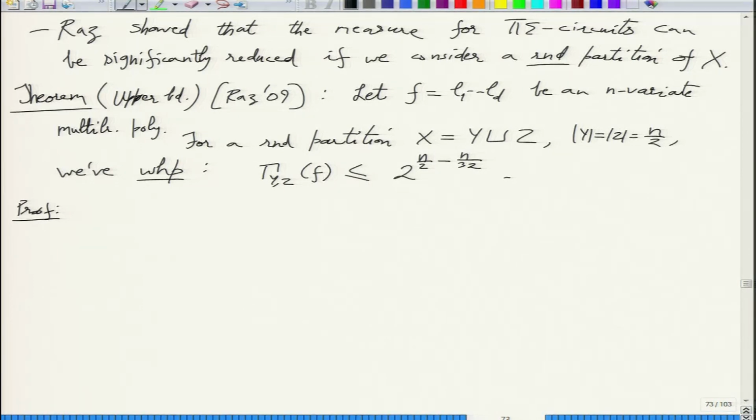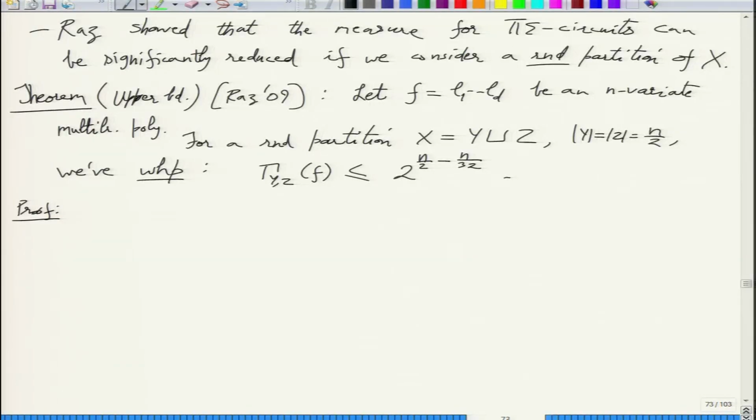Okay, so the way we will prove this, it will be an easy proof. We'll essentially show that if you randomly pick y, then many of the Li's will either be y free or z free. If Li is y free, then we know that it will not contribute anything to the rank, to the measure, right? So if we can show that a large number of Li's drop out of the race, that will give you the difference of n by 32. So that can be shown probabilistically.